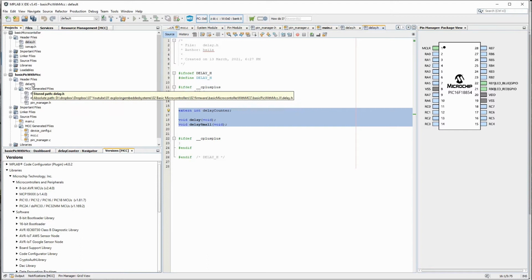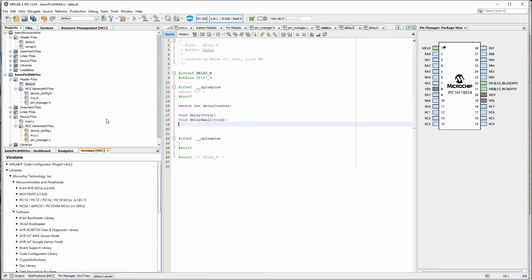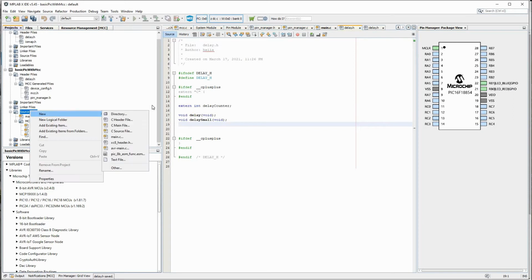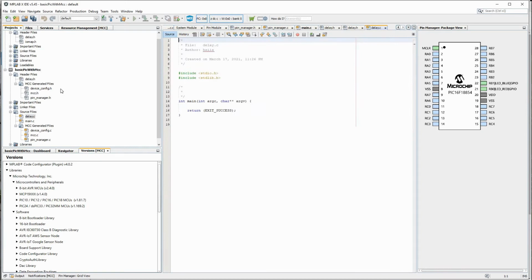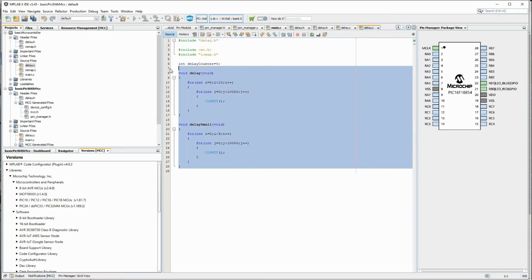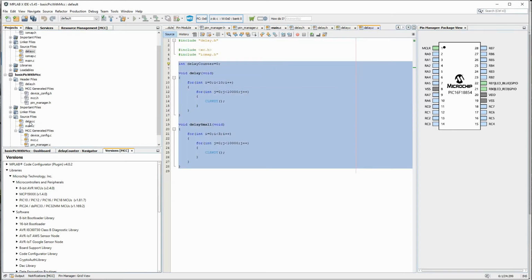I'm copying it to the newer one. Similarly, we had delay.c also. Whatever delay functions we had written the last time, let's just copy that. Delay.c.